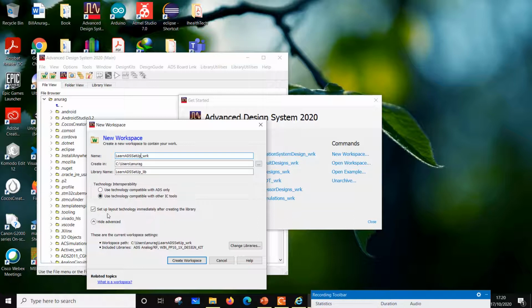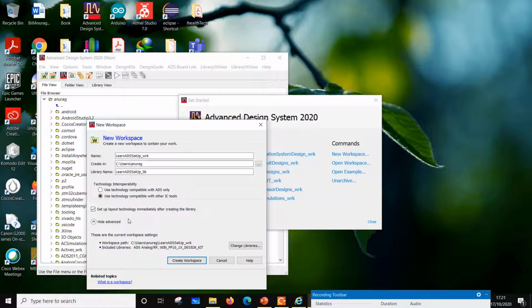When you check "setup layout technology immediately after creating," what it is doing is specifying the layout resolution. Most ICs are done in microns, and everything is done on a grid, because it's a photolithographic process, so the masks are usually made using a grid. The whole space is divided into small checks, and each check has a certain size.